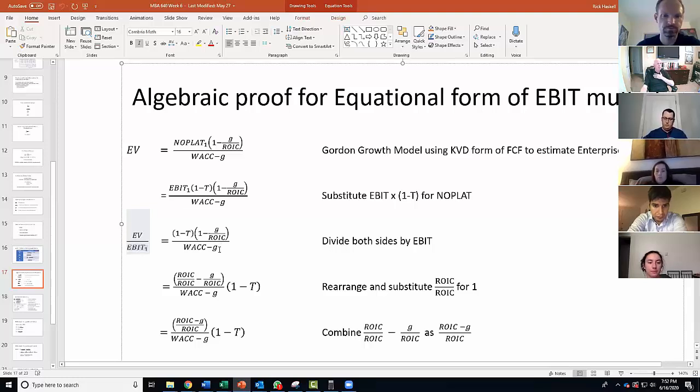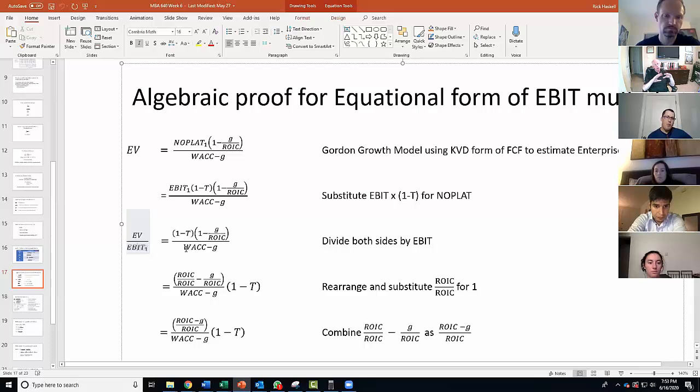If I can grow my company, maybe it can look more like Taft Enterprises and can have the kind of multiple that Taft Enterprises has. Or maybe if I can improve my ROIC, which, by the way, is tantamount to growing the company's revenue without growing its capital base, then maybe I can get a multiple of 4. Or if I can decrease the WACC, maybe then I can get a multiple of 4.